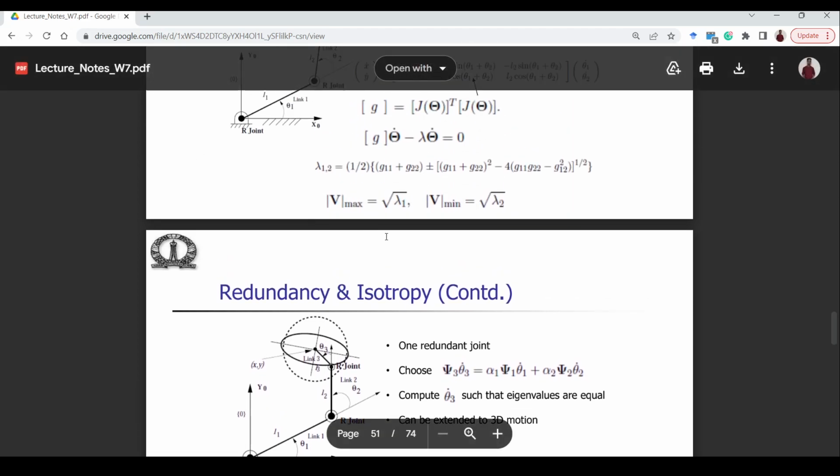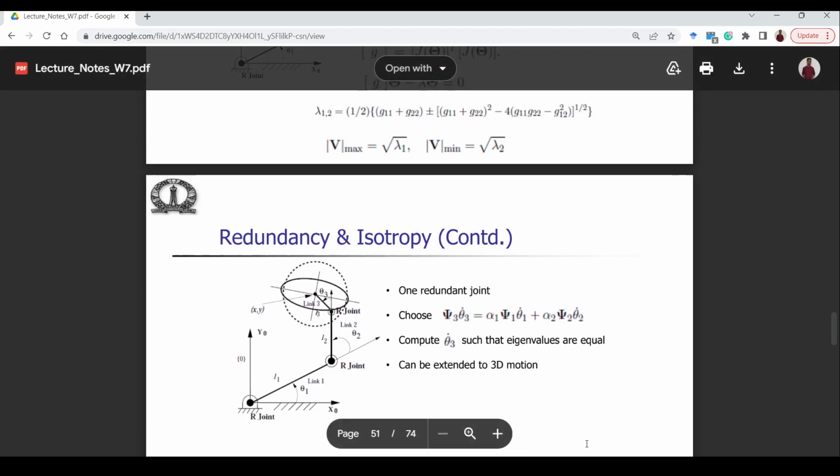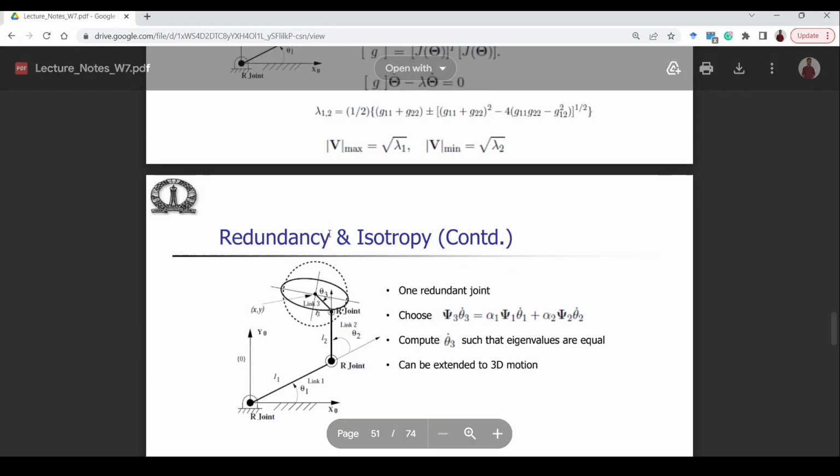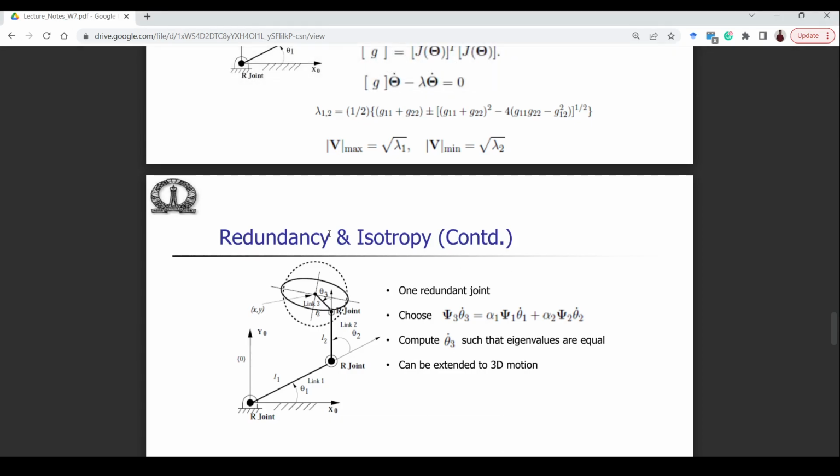Okay, so what is the velocity ellipsoid? The velocity ellipsoid essentially gives you the information on how easy it is for your end effector